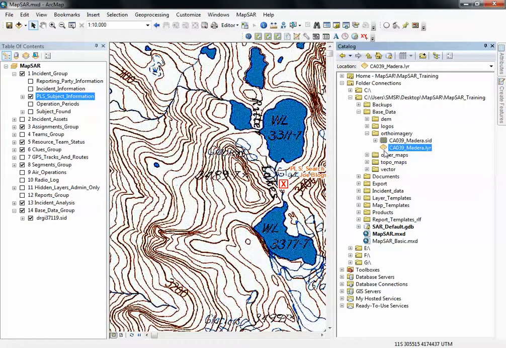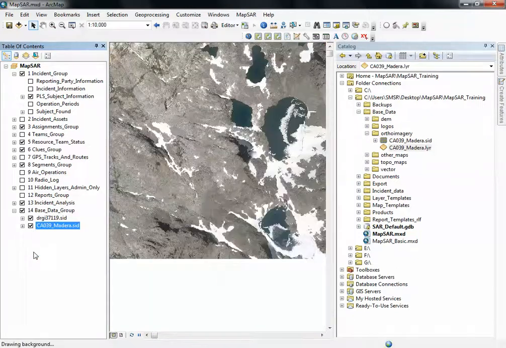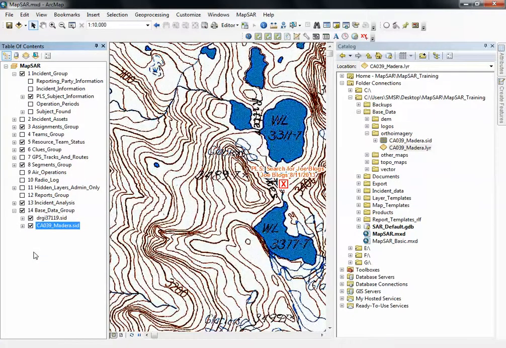I'll just go ahead and drop the layer underneath the base data group and let that draw. I can now select that layer to draw on the map. Now you'll see it displayed really quickly and then disappeared. It's because the standard functionality of ArcMap is to draw information from the bottom up. So if this is drawn first and this is drawn second, this will be over the top of this layer